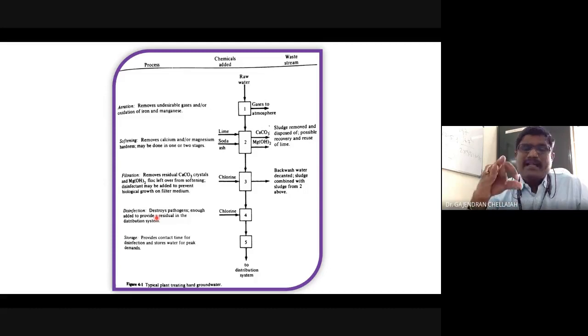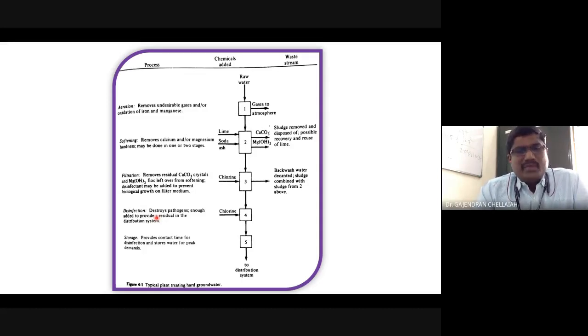Another possibility is if you have a pipeline system in which you have some dead end. In a dead end in the pipe, the water can be stagnant at that particular place, and after some time it will create organic matter. Because you are continuously storing the water, a biofilm will form, and because of the biofilm there is a possibility of organic contaminants. This kind of problem will be there in the transport system. To overcome that, we have chlorination, or in other words, disinfection.